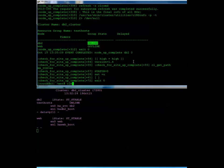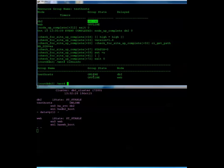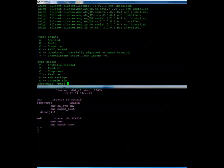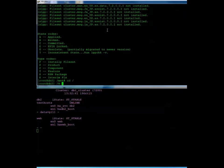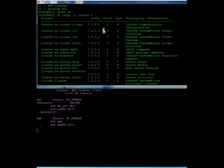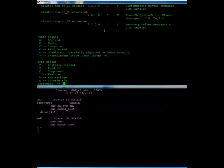Now in the grand scheme of things, in my environment, because I don't have a very complex environment and there is no stopping and restarting of the application, this only took me about 6 minutes to perform the whole thing. So I'm just showing here that you can see that I now have the 720 file sets installed and that the